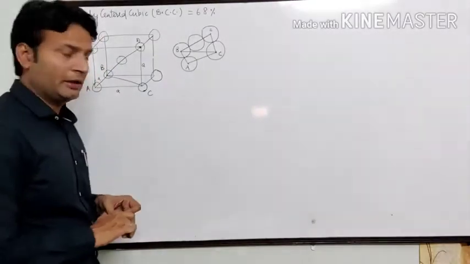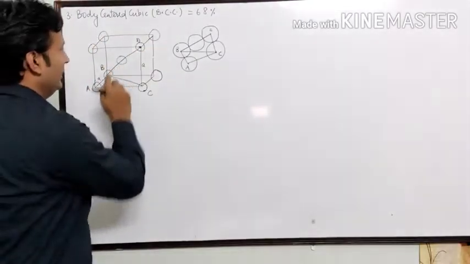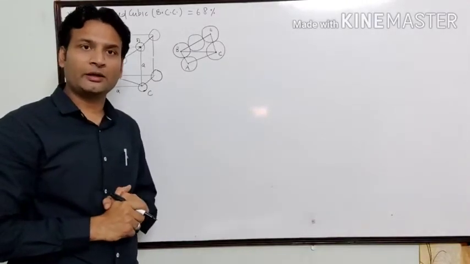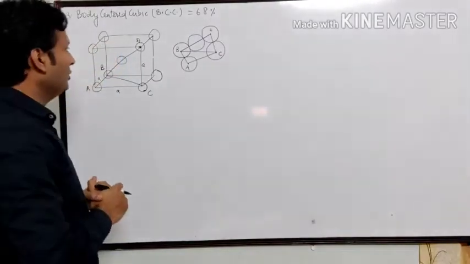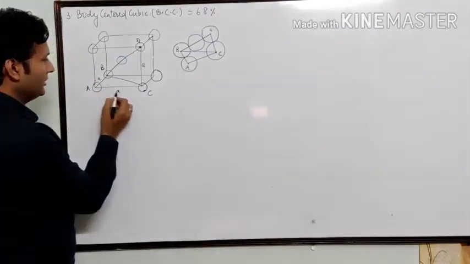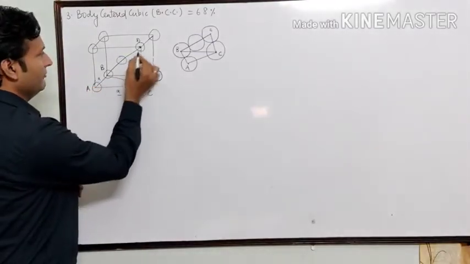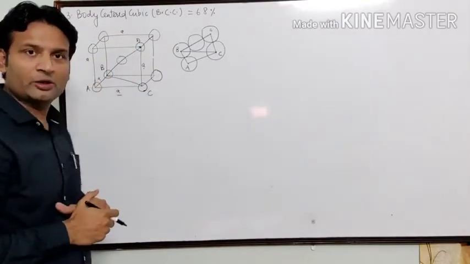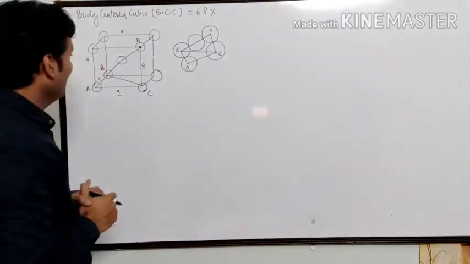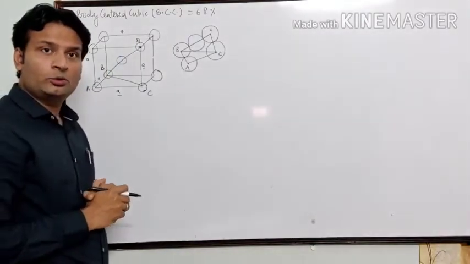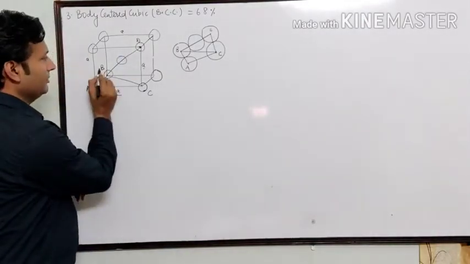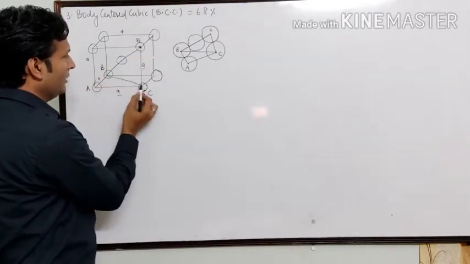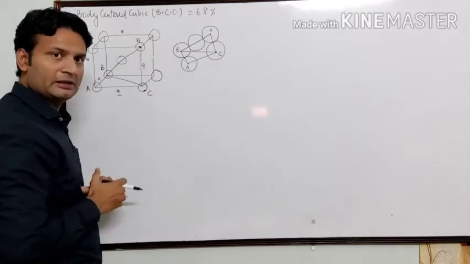In this structure the particles are present at corner as well as at the center. It means we have to calculate the center particle and the corner particle. But now in this structure again the edge length is A, all the edge lengths are A because it is also a cubic structure. Now we have to consider two triangles. The first triangle is B, C and D. In BCD the corner particle and center particle are covered.